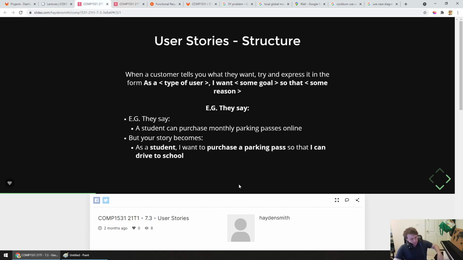So the example I was trying to give here is when it comes to user stories, which are how we try and capture this in a more human way, instead of the requirements being, the phone has to be so big and so